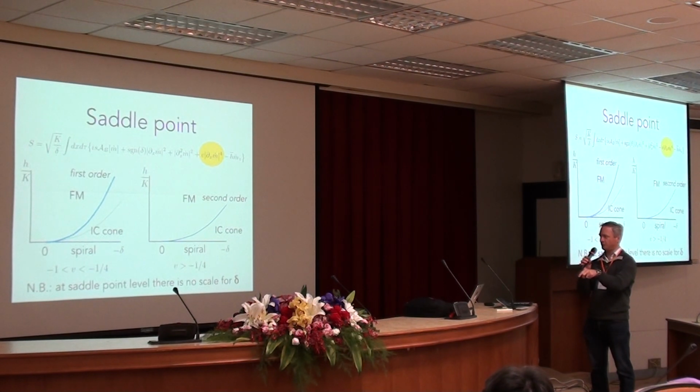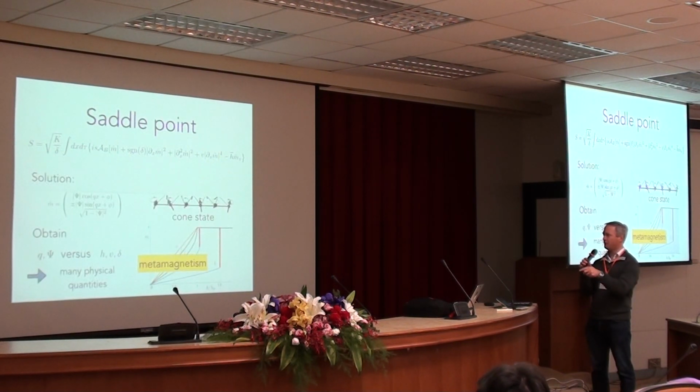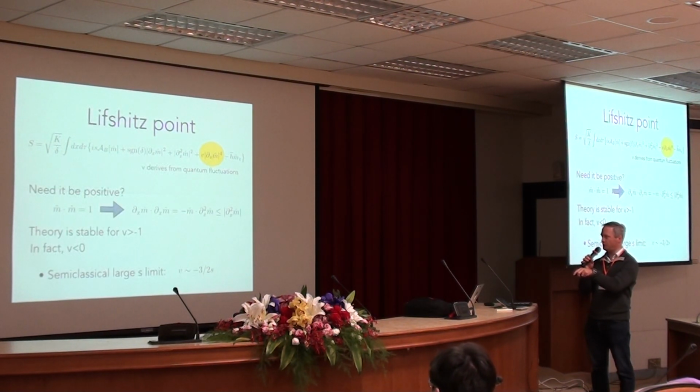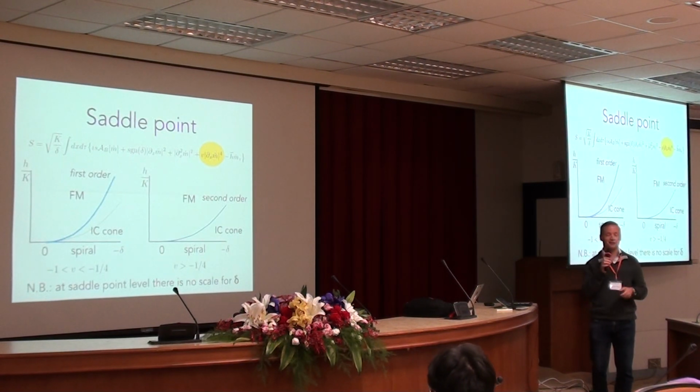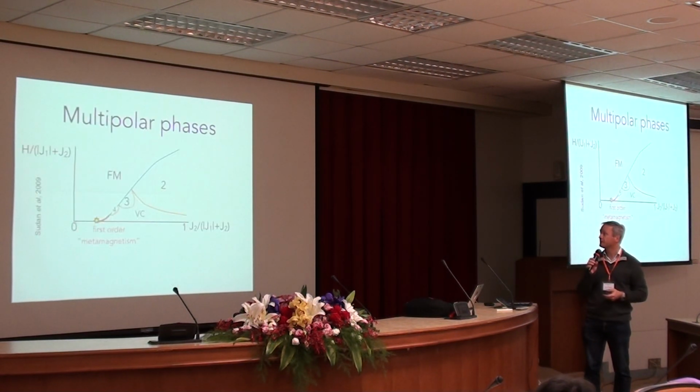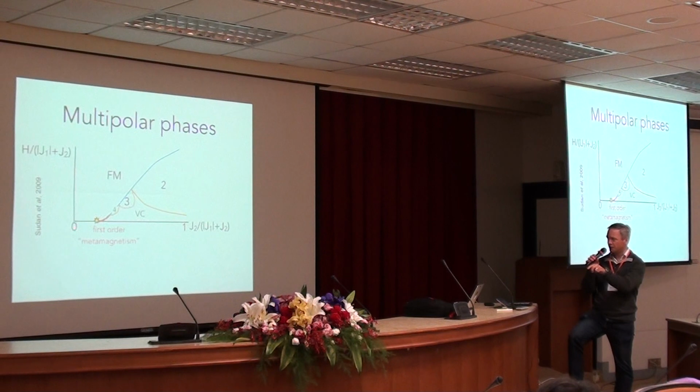So we see that there are 2 generic behaviors, and one of them is this metamagnetism. And we expect, based on calculating this parameter v, we expect actually for the spin 1/2 case that we're in the region of metamagnetism. Okay. So this saddle point analysis is really controlled by the deviation from this critical point. So it's asymptotically exact when we're very, very close to this zero field critical point. So what it tells us is actually we have a kind of an exact solution for the behavior very close to this regime. We expect from the solution that in this region, we have a 1st order metamagnetic